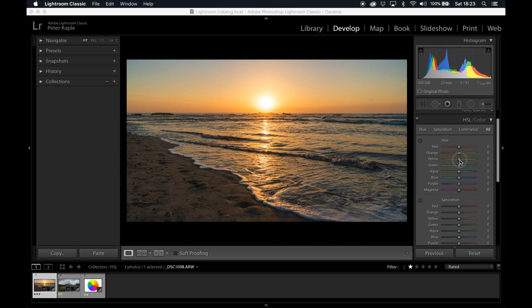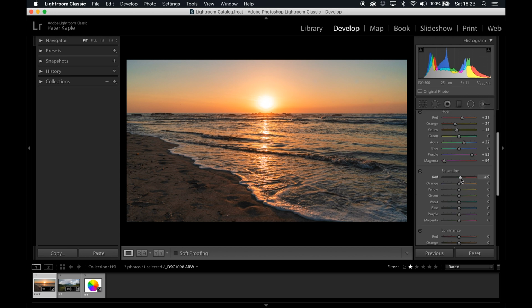The first section we're going to look at is hue, and we're going to start by lowering our yellows a little bit, and we're going to raise our reds a little bit. Then we're going to go back and we're actually going to lower our oranges a little bit. Next, we're going to go down to our magentas, and we're going to lower those towards purple, and we're going to take our purples and we're going to raise them towards magenta, just trying to even things out. And then we'll go up to aquas, and we'll actually add a little bit more blue into our aquas.